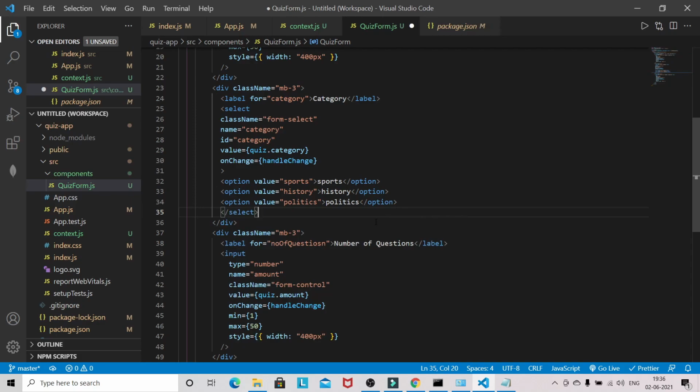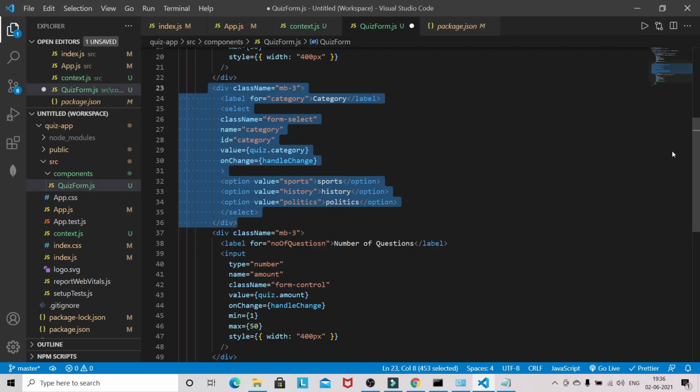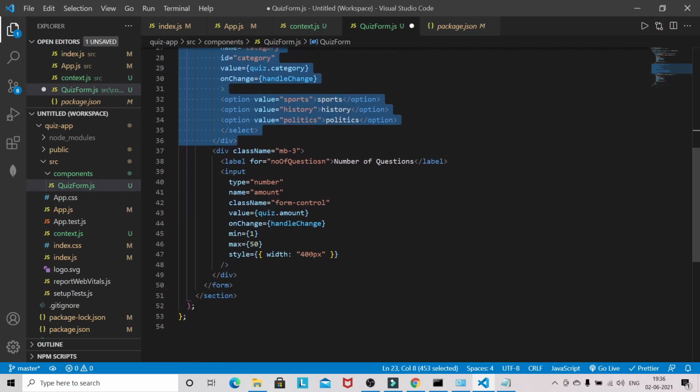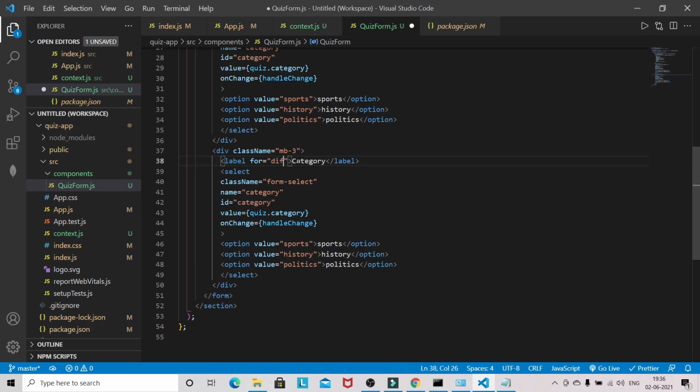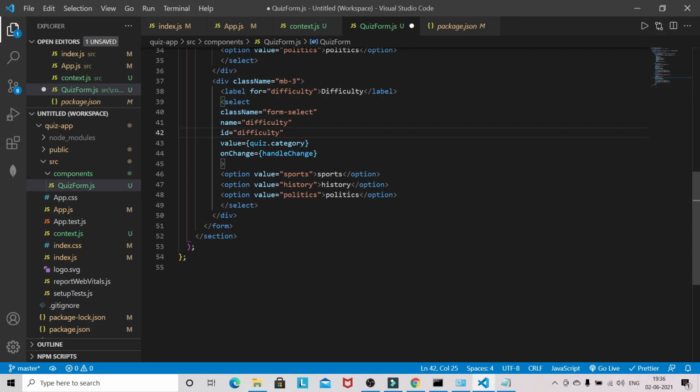Okay, now I will copy this one again, because the last field is difficulty, so that will be also a drop down. So level will be like difficulty, then this will be changed. The name again will be difficulty, so I will just paste it here, difficulty,